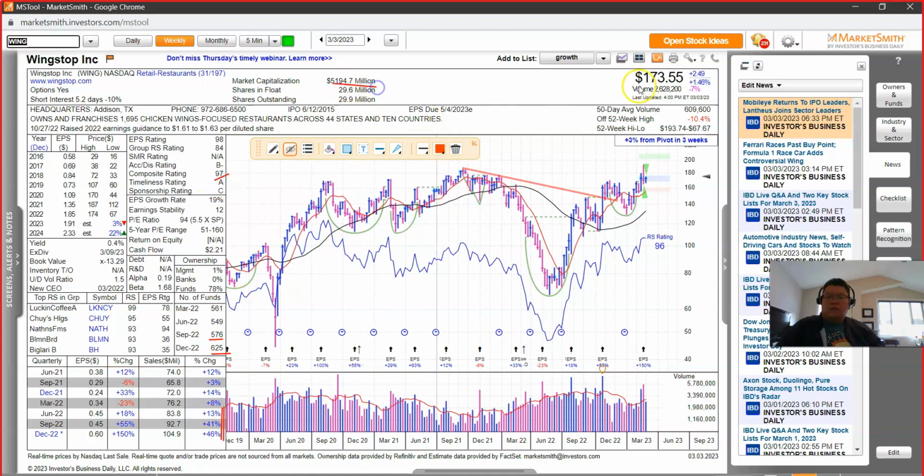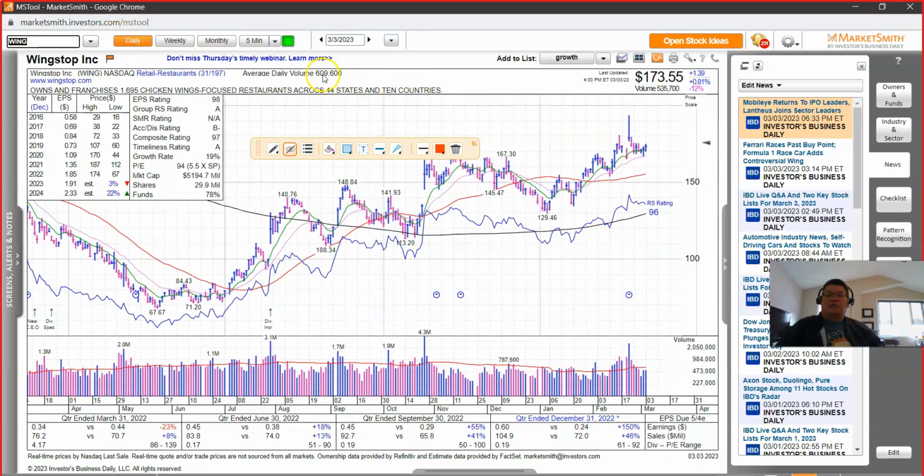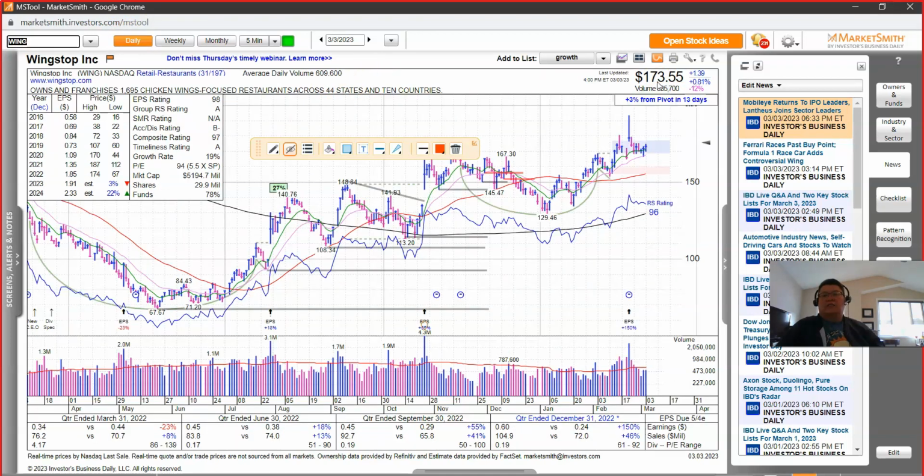97 composite, 5.1 billion, $173. This is because it's not big, but let me see. 600. Yeah, it's 60 million. No,